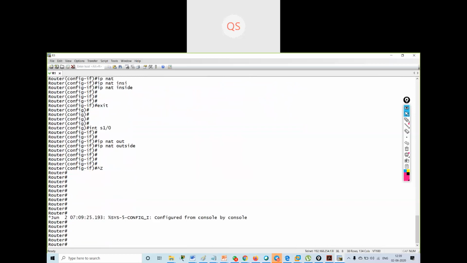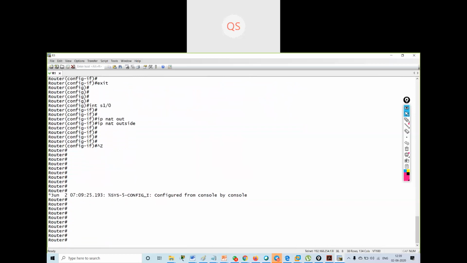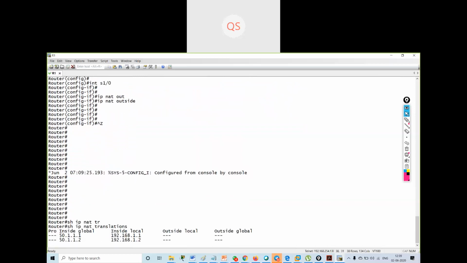Show IP NAT translation. See, I have manually configured NAT: 50.1.1.1 for 192.168.1.1 and 50.1.1.2 for 192.168.1.2. Correct?